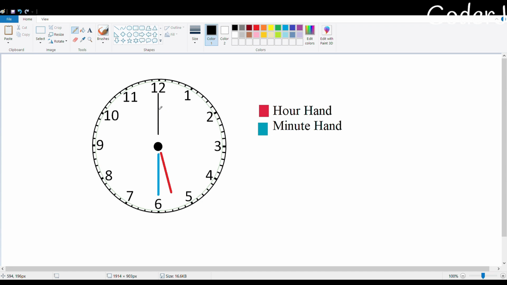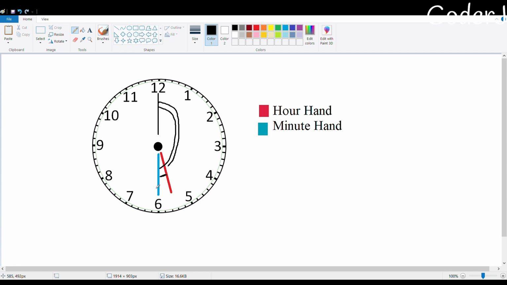I am planning to find the degree from here to here, and the degree from here to here, and subtract them and take the absolute value, and this will give me the angle between them. We know that. Okay, great. Now how do I calculate this part? How do I calculate how many degrees this makes?